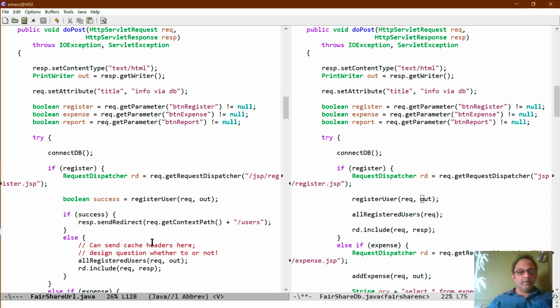Now, we are not directly calling all registered users or anything from the post in the success case. In the success case, we go back to the browser. The browser sends the request to the app we are looking at again, and then it is processed as a